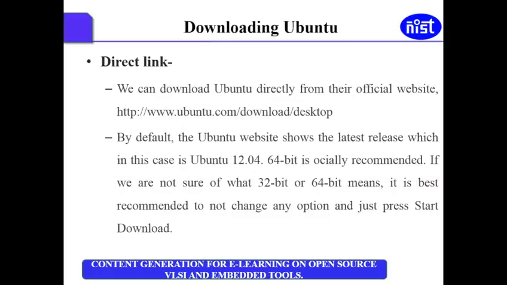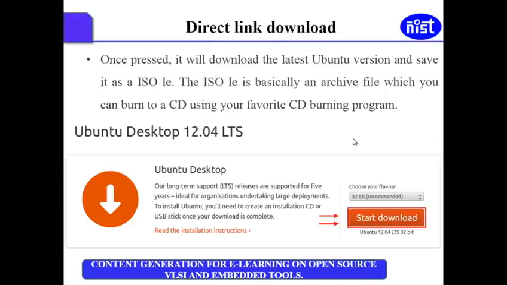In the process of direct download, you can download Ubuntu directly from the official website www.download/desktop. By default, the Ubuntu website shows the latest release of Ubuntu. It also has two options, that is, we can either download it in 32-bit or in 64-bit. In the process of direct link download, we download the ISO file actually.